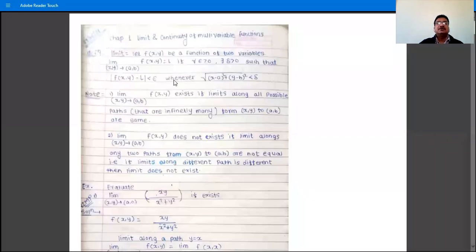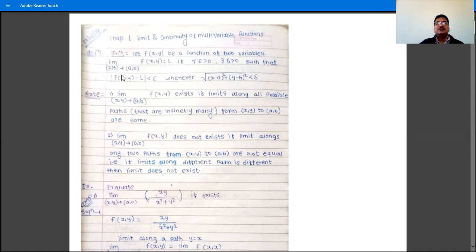So this is the definition of the limit of a two variable function. What is the notation for the limit of a two variable function? The limit as (x,y) tends to (a,b) of f(x,y), this f(x,y) being a two variable function, is equal to capital L if for every epsilon greater than 0 there is